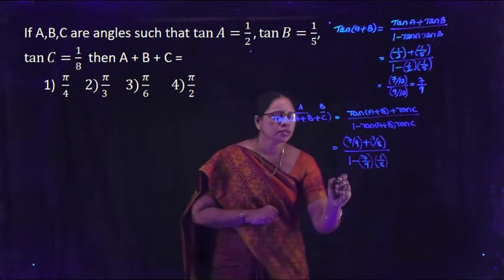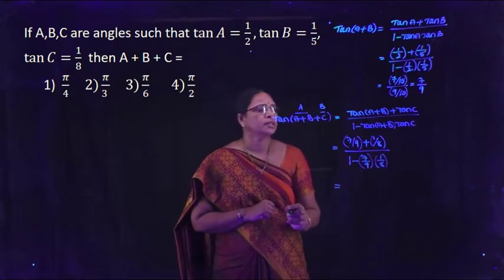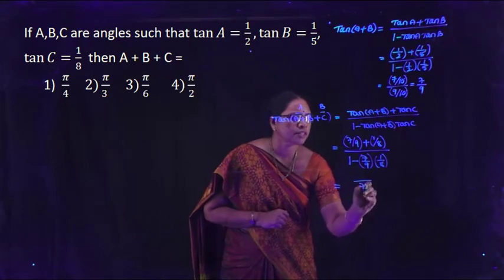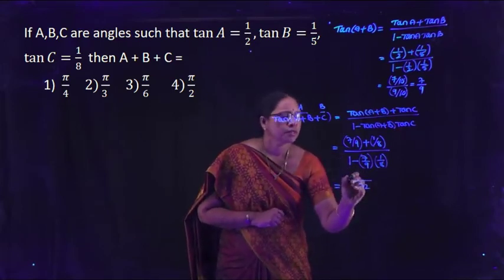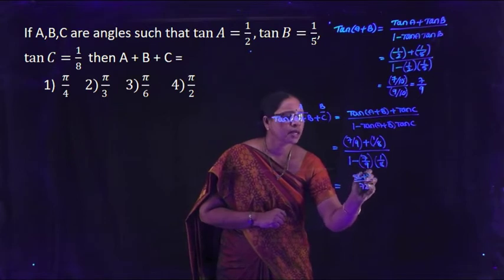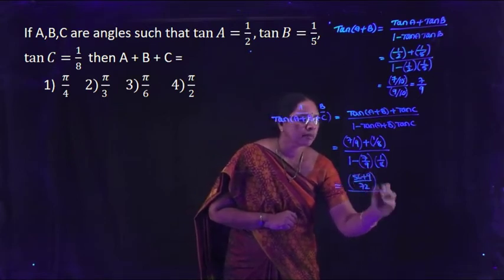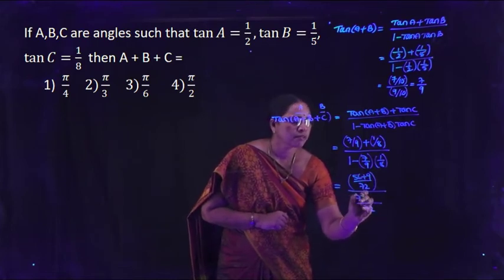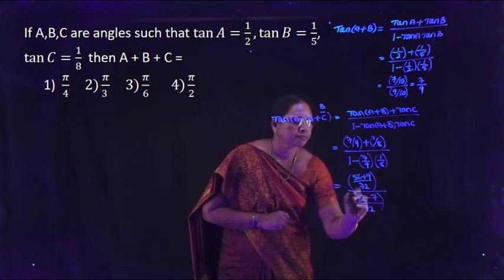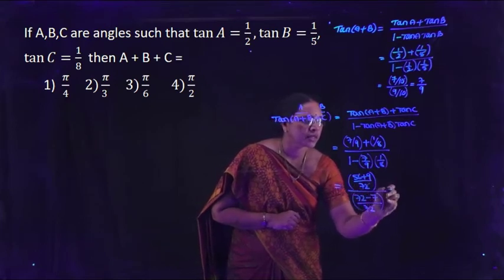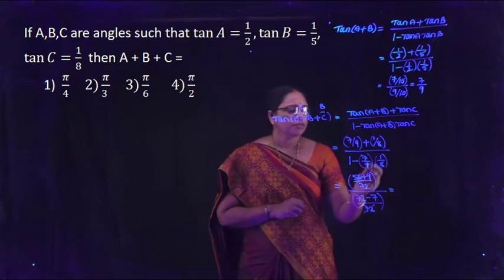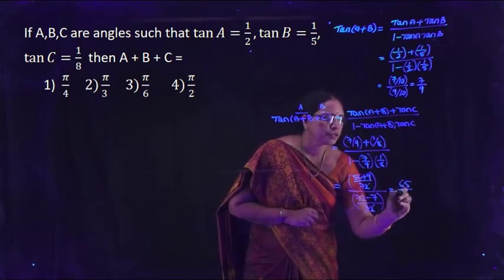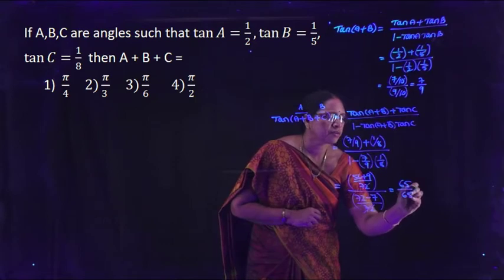Taking LCMs in the numerator and denominator, we get numerator LCM is 72, 7 into 8, 56 plus 9, whole divided by, denominator LCM is 72, here 72 minus 7. 72 gets cancelled, then we have 56 plus 9 is 65 by 72 minus 7 is 65,